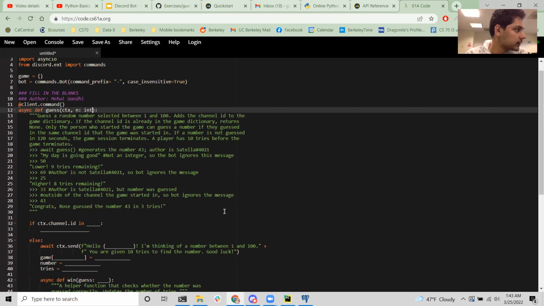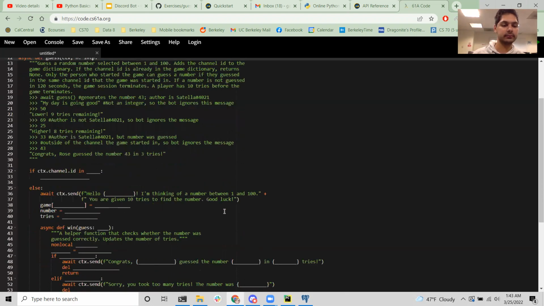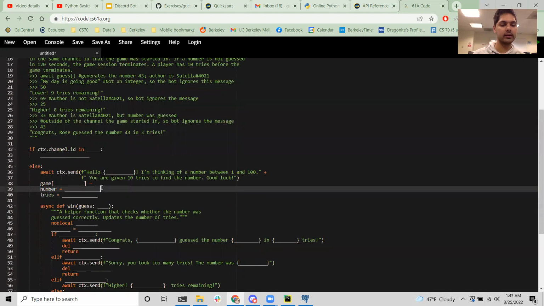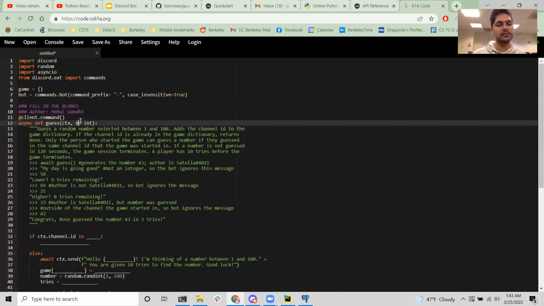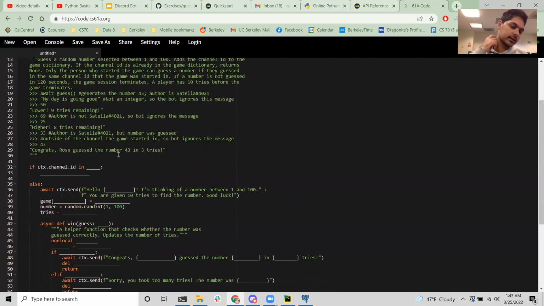We're gonna have a random number, randomly generated between 1 and 100, and our guess is the number we're trying to guess essentially.